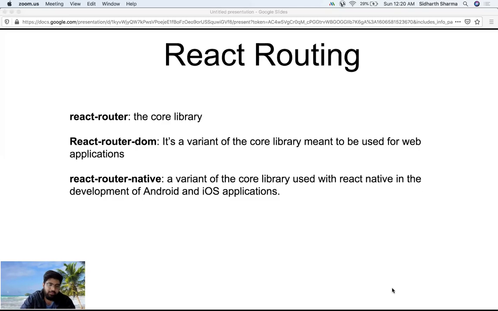So this is my sixth video and we have already covered topics like React lifecycle methods, useEffect hooks, functional and class components, and states and props in my previous videos. So in this video, moving forward, I'm going to talk about React routing.